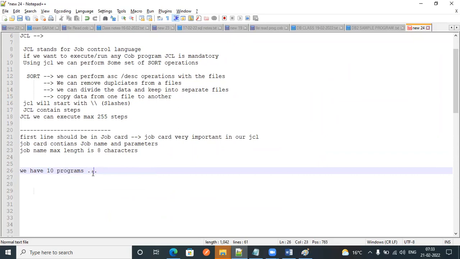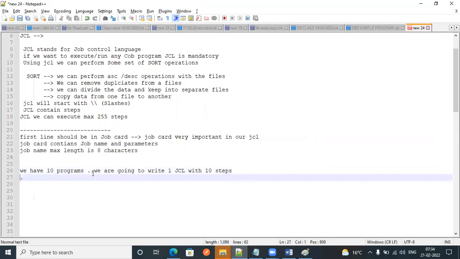In that case, we can write one JCL with 10 steps. Otherwise, we can write 10 JCLs, one for each single step. That is our requirement, or that is your wish.